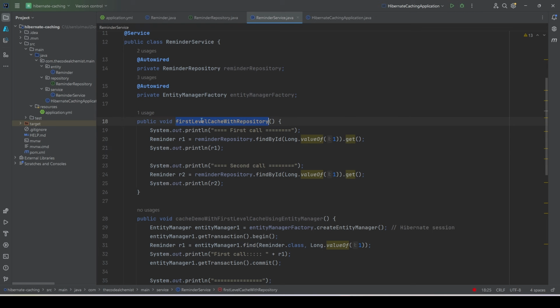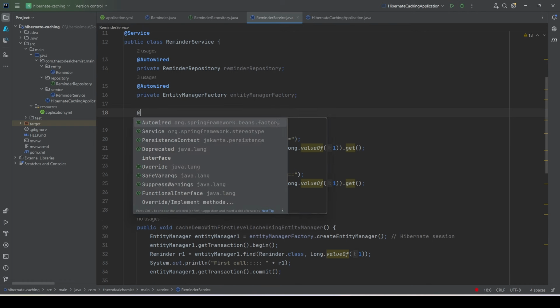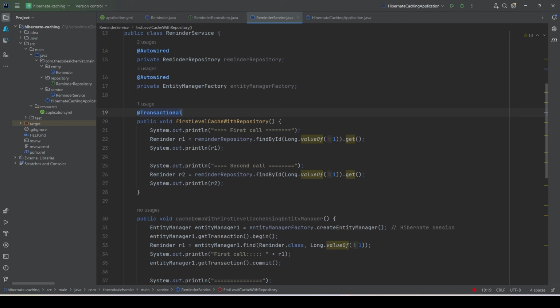We have a method here, first level cache with repository. All we need to do is put the @Transactional annotation here, and that will make this method call a transactional call. So all these calls will be executed within the boundary of a single transaction. And we saw how Spring Data JPA handles the entity manager and the transaction when we called find by ID. So in this case, because these things are automatically managed by Spring, when we put the transactional annotation on a method, it will create a single boundary of a transaction. And so Spring will manage the entity manager accordingly. That means there will be a single entity manager for this method. So this time, if we run the application,